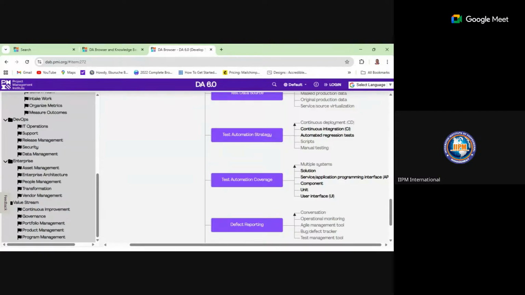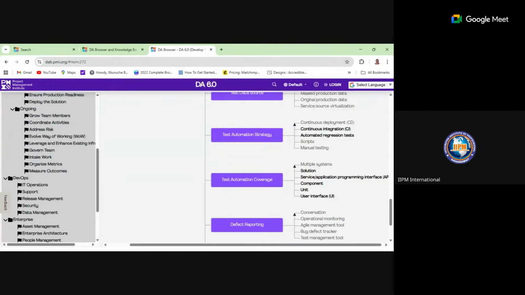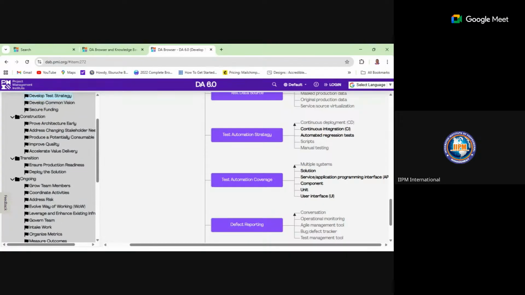If you want to do any project at all, you find the options for doing it here. The DA provides you with numerous options, and then your own role is to decide which option, based on the context of your project, will meet your needs. I trust you were able to get something from there. I'm just trying to show how the DA looks and all of that.